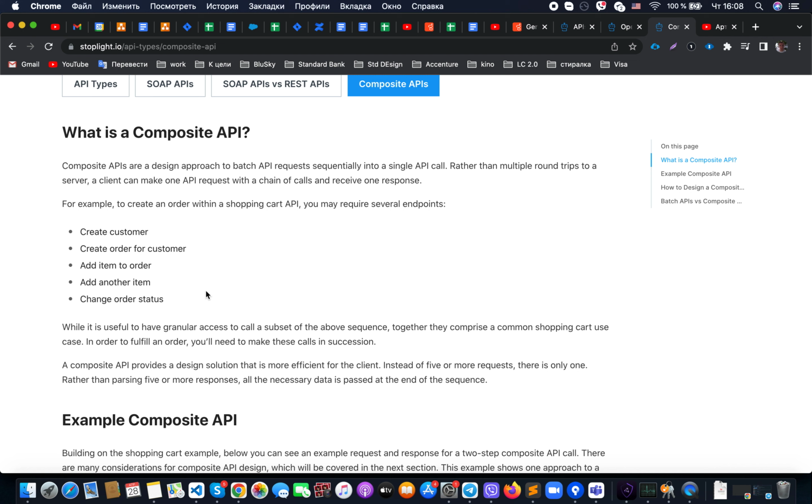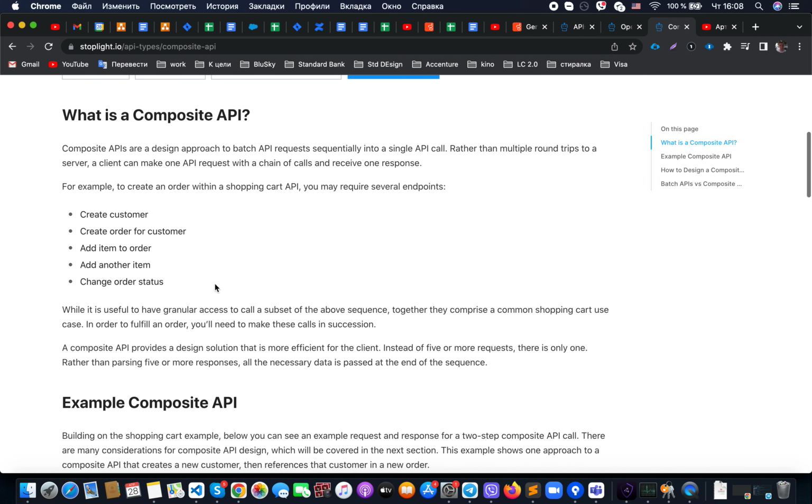For example, when we have internet shopping, and we have a shopping cart, and we would like to, at the same time, create an order, create a customer, add an item into the cart, change order status, and to perform all this big amount of operations, we need to perform a good portion of API calls.